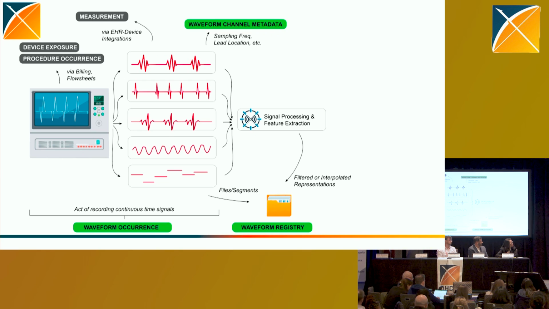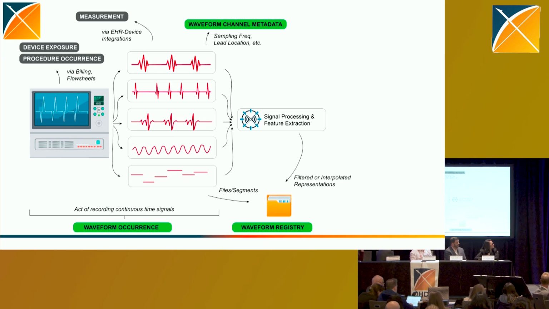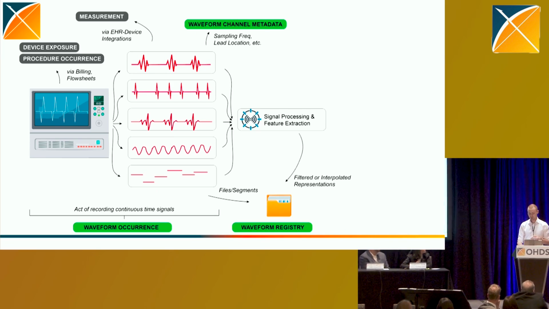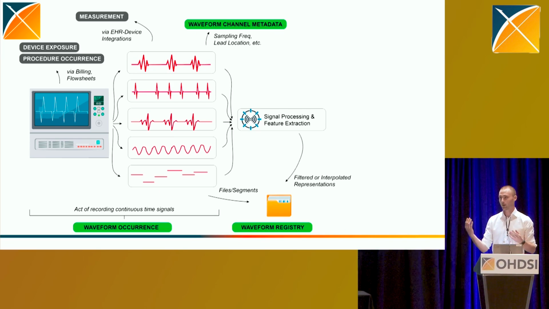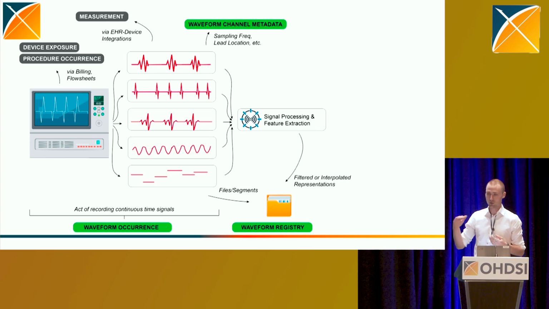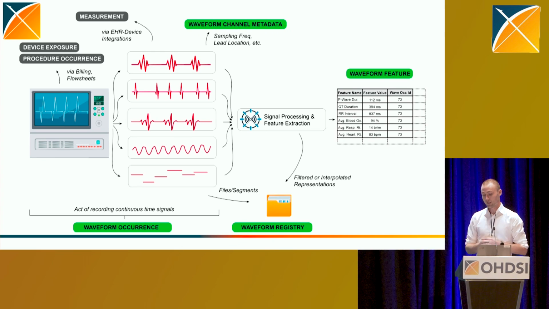So these signals have a lot of noise, and a lot of times then you filter and create a different representation. And so we can also then capture those filtered representations in this registry, so we don't bog down our features with essentially per second or 10 per second signals of a filtered signal. And then the final piece, also analogous to the imaging extension, is our feature table. And this is really any derived features from those signals will land here.